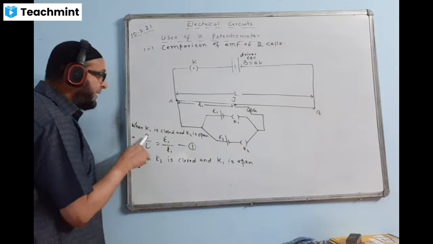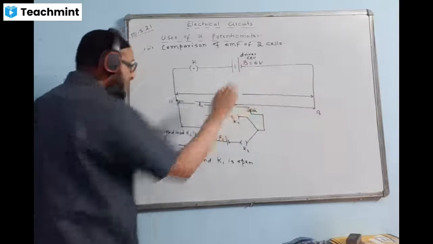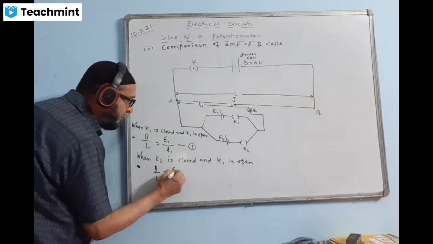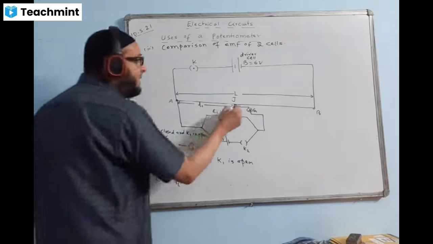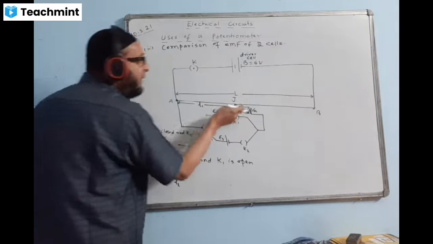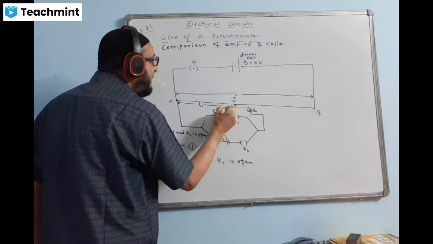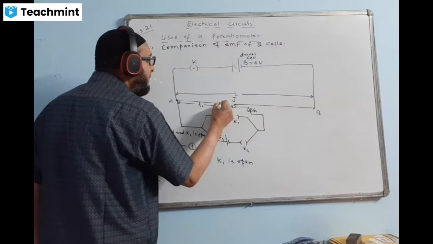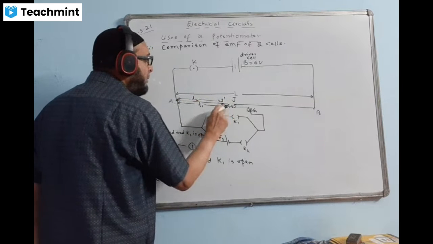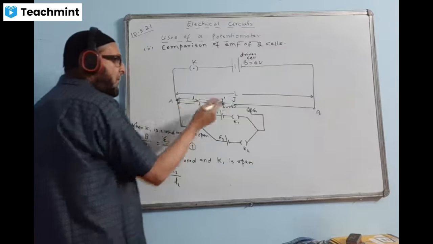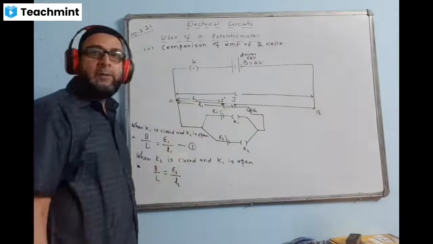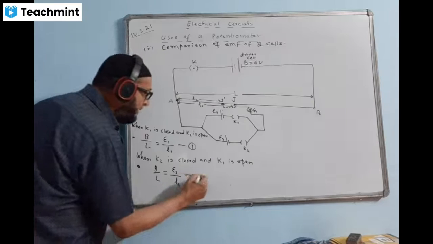Again, we'll take the potential gradient of this side. This side we have not made any changes, so this side will remain the same, right? B by L as it is. This time we are balancing E2, right? E2 divided by L2. The new balancing length we can show by a dotted line. New balancing length can be lesser than L1 or can be even more than that. I'll show it is lesser than that. Dotted line somewhere here. The jockey's new position is here. The new length is L2. The jockey has shifted to the left side. The new position of J is J dash, and the new balancing length is L2. Mark this as equation number 2.